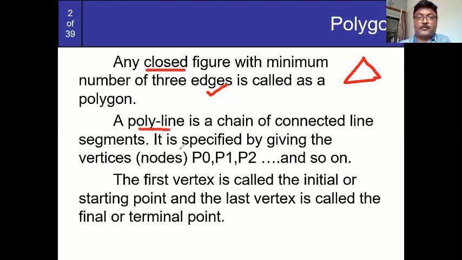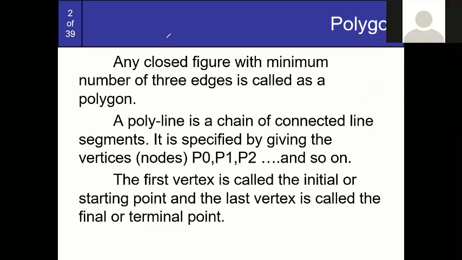Okay. So the polylines are connected with the nodes, or you may say the vertices, with the points P0, P1, P2 likewise. So this is the point starting from P0, not P1. Why am I starting with P0? Because you have to store these points in an array, and an array index value always starts with 0. So that's why you can consider the P0 value.